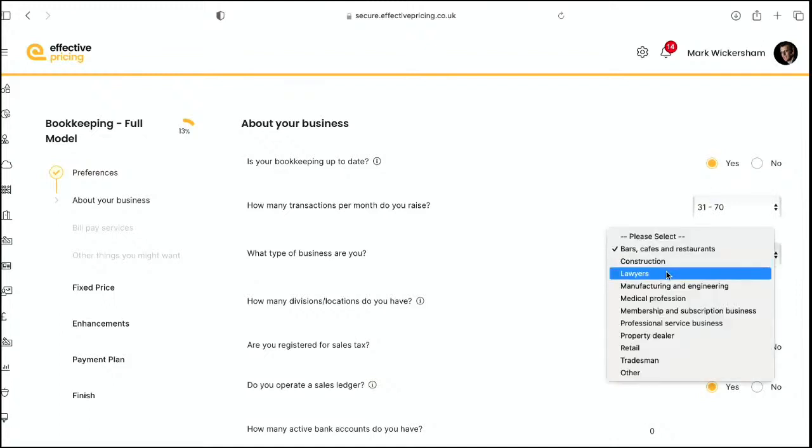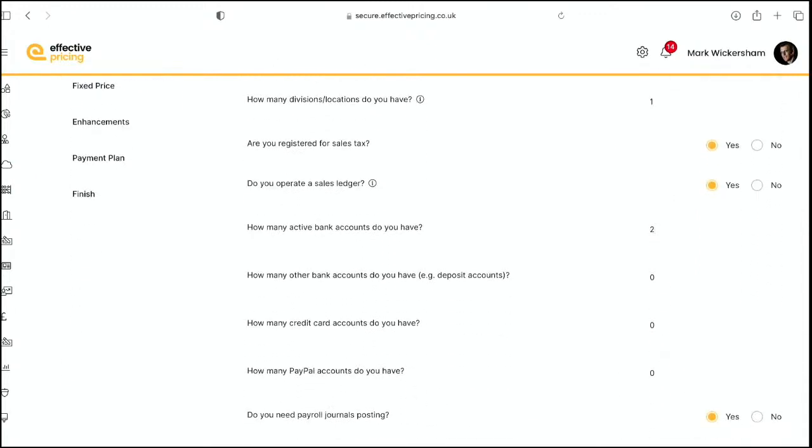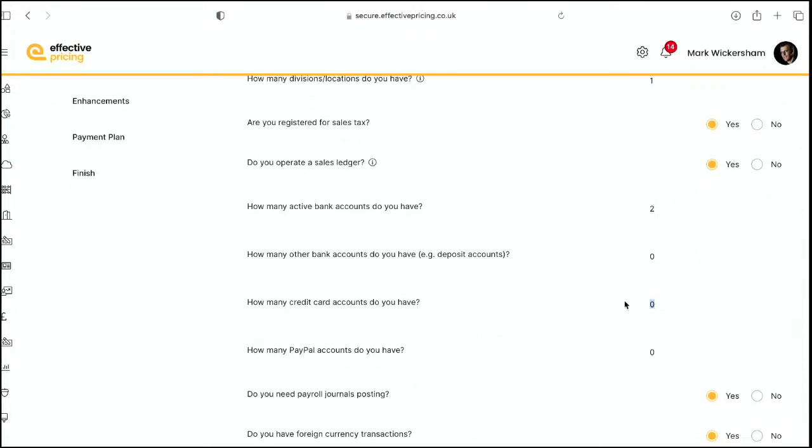We might want to know what industry they're in. Let's say that they're in construction. We might want to ask how many bank accounts. So these are all scope questions, things that will help us identify how much work's involved. And behind the scenes, the price is calculating for us based on how big or small or simple a project